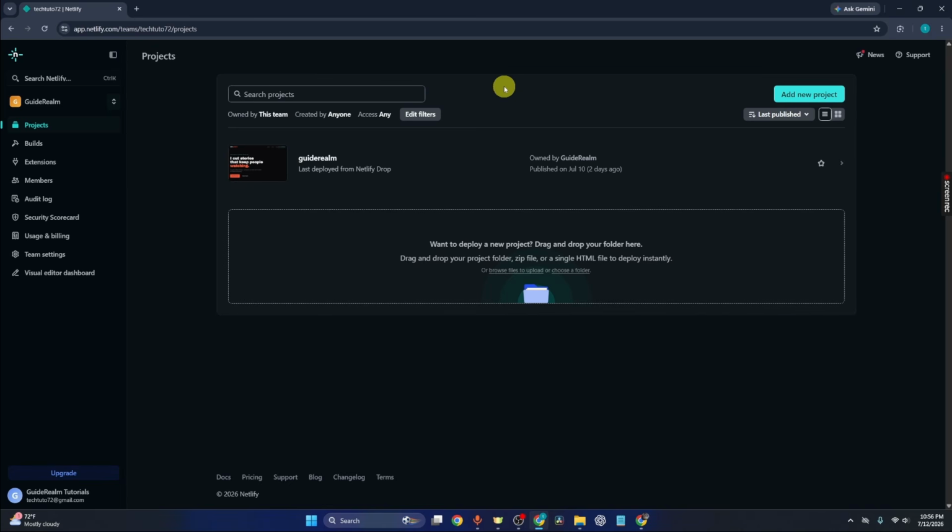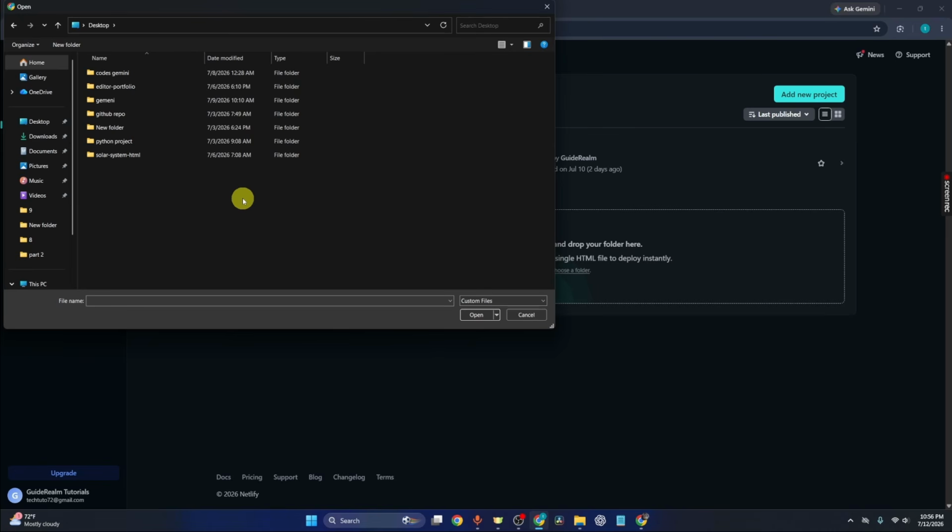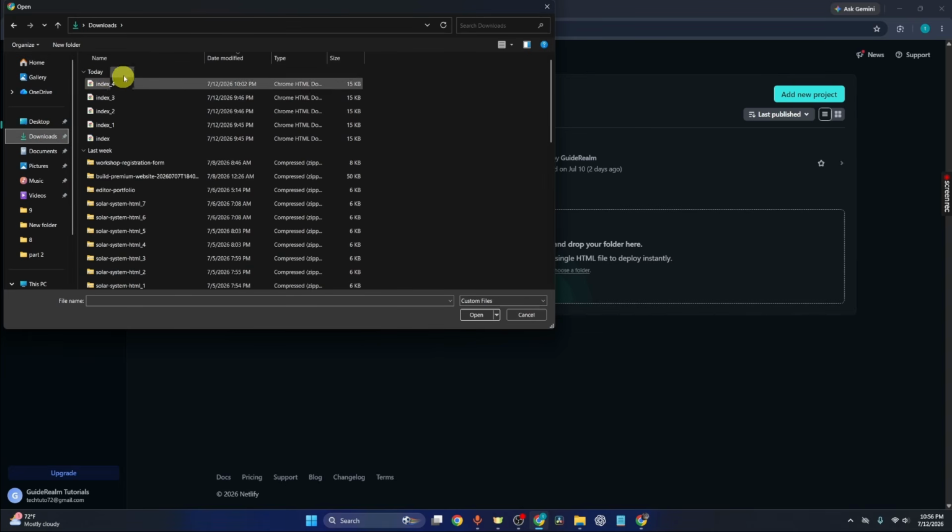This should include your main HTML file, usually called index.html, along with any CSS, JavaScript, or image file that your website uses. So just go ahead and go to browse files to upload, and after that, navigate to the folder where you have your file. In my case, it's going to be here,